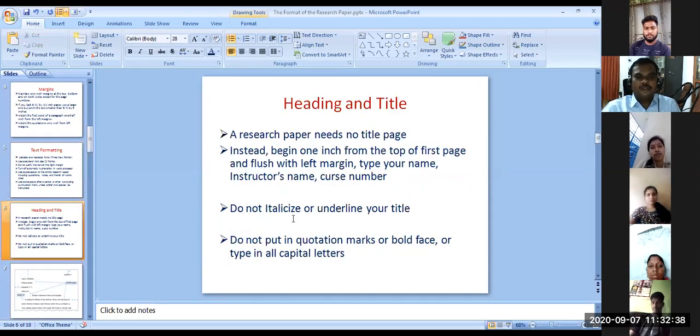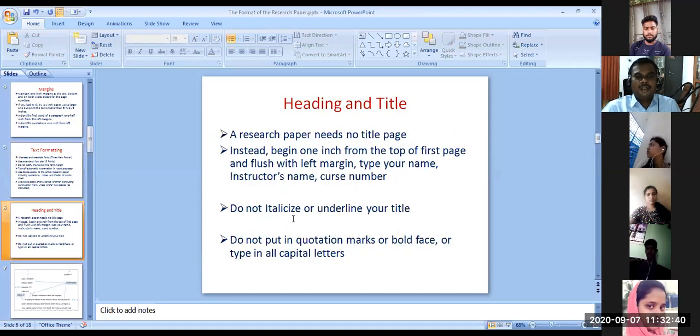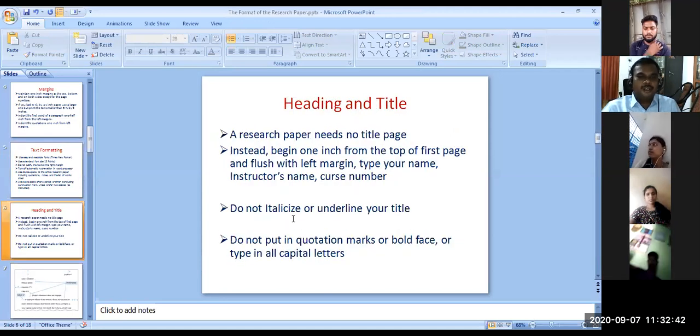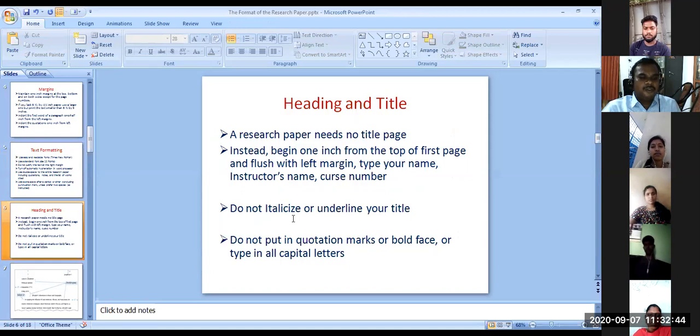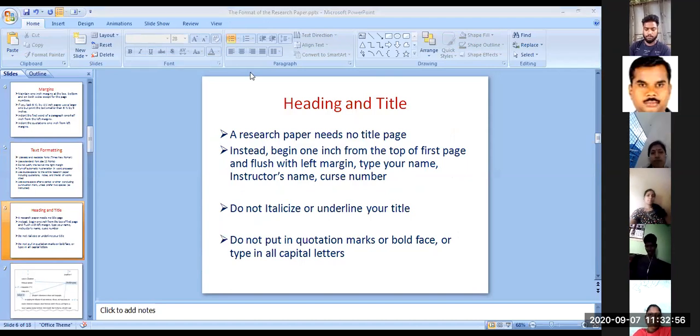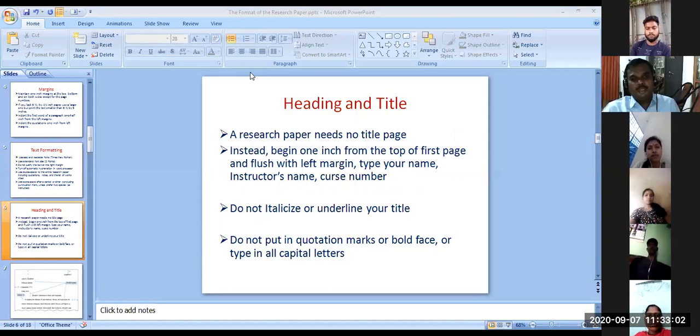And next one, you see, heading and title. MLA handbook says a research paper needs no title page. You need not give a separate page for a title.